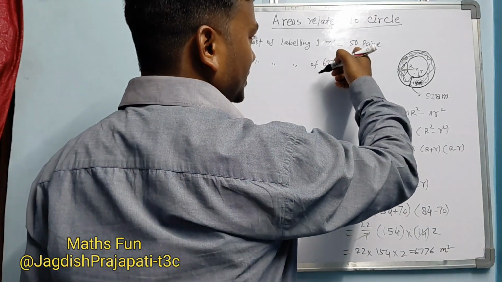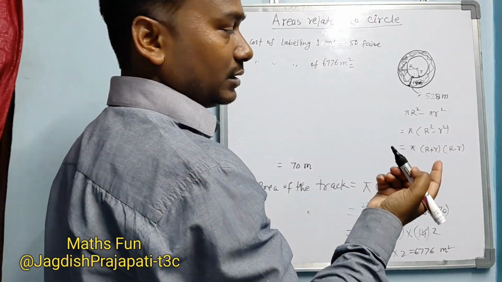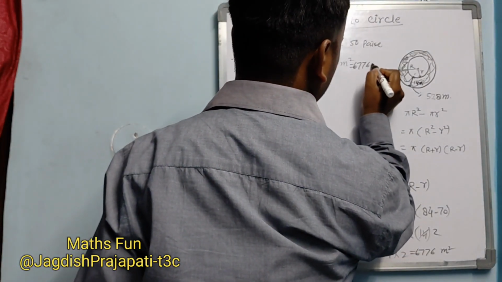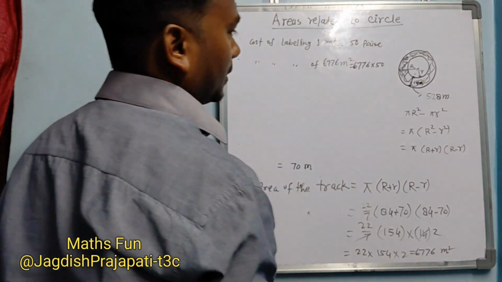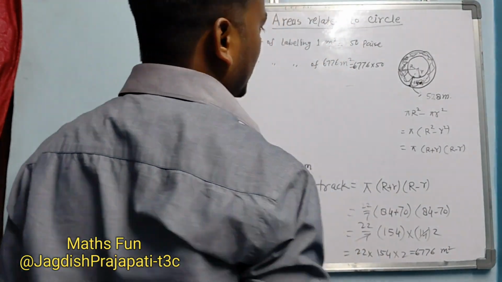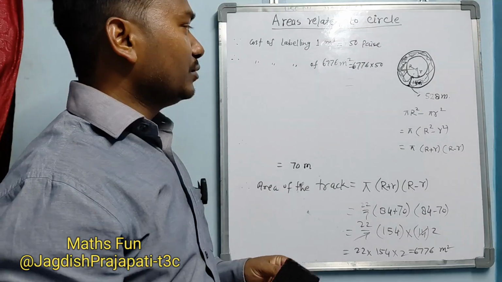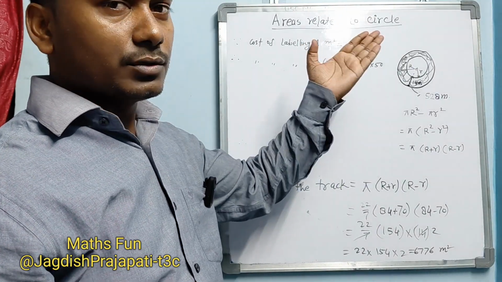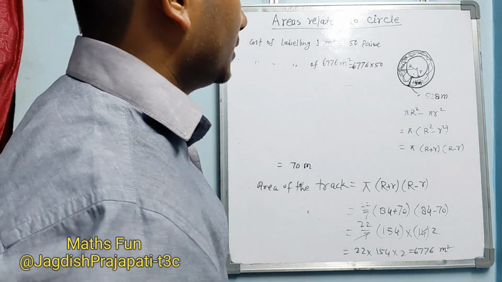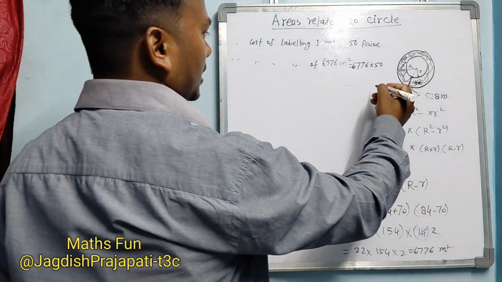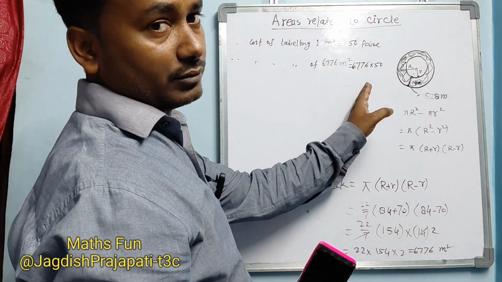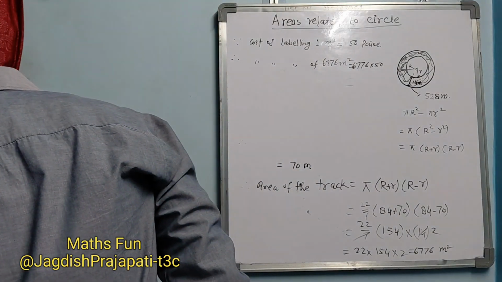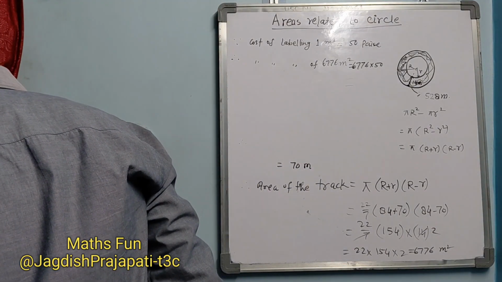Since for 1 square meter it is 50 paise, so for this it will be multiplied by this 50 paise. So 6776 into 50 paise. Okay. Now you can multiply this, and since this quantity will be very big, you can convert it into rupees by dividing by 100 paise. Okay. So this will be your answer. This is left for you. Okay. Do it. So we will move to the next question.